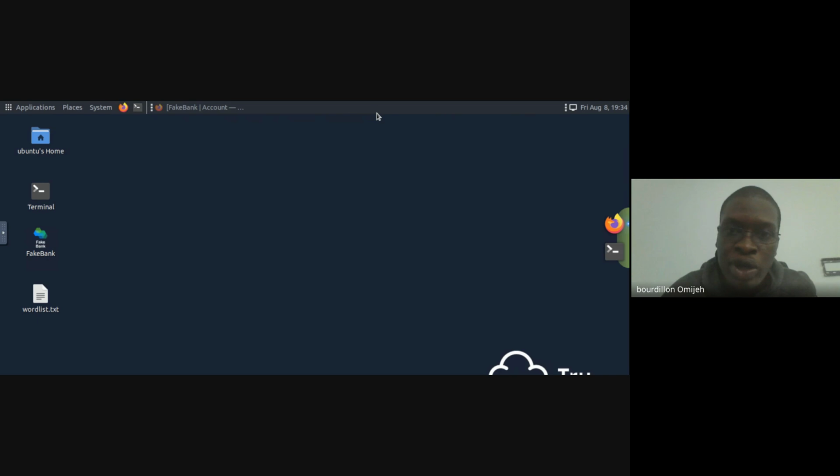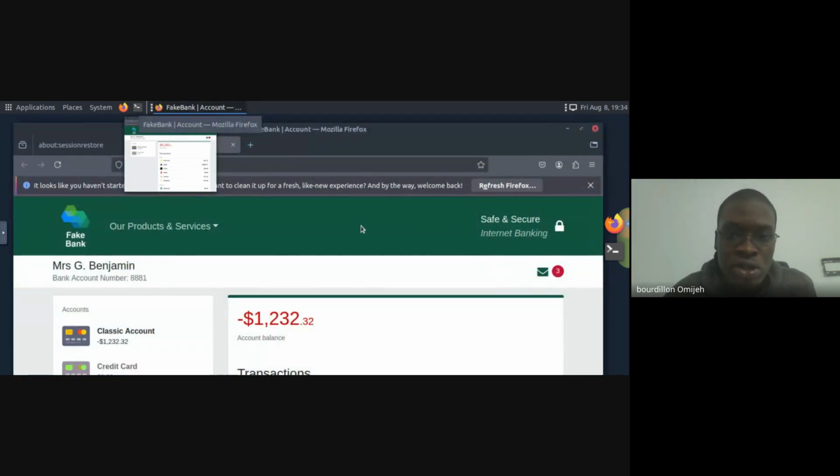Now at the top here, you are seeing this one. This is the Firefox browser. As you can see, once I leave my cursor on it, it shows Firefox web browser. But this is not the one you click. This one is if you want to open a new browser, like a new web page, afresh. Same goes with this if you're trying to open the terminal afresh. But you see this one that looks like it's fading into the background? This is the one that you minimized. So just click on it to open it, and you can see it has opened back. All we did was minimize the web page and then open it.